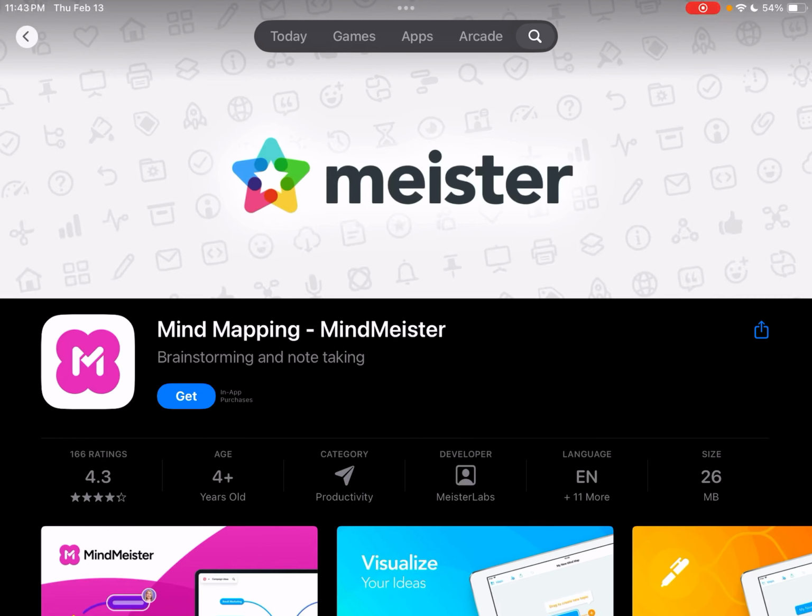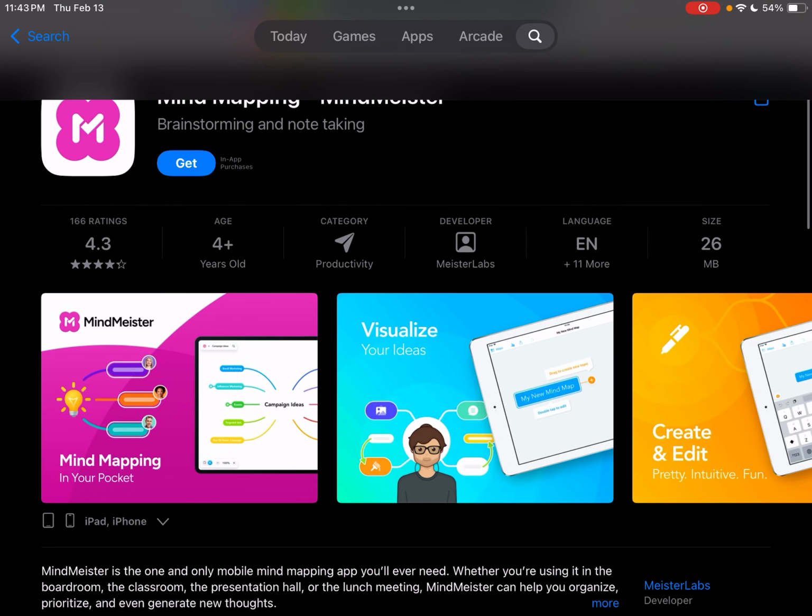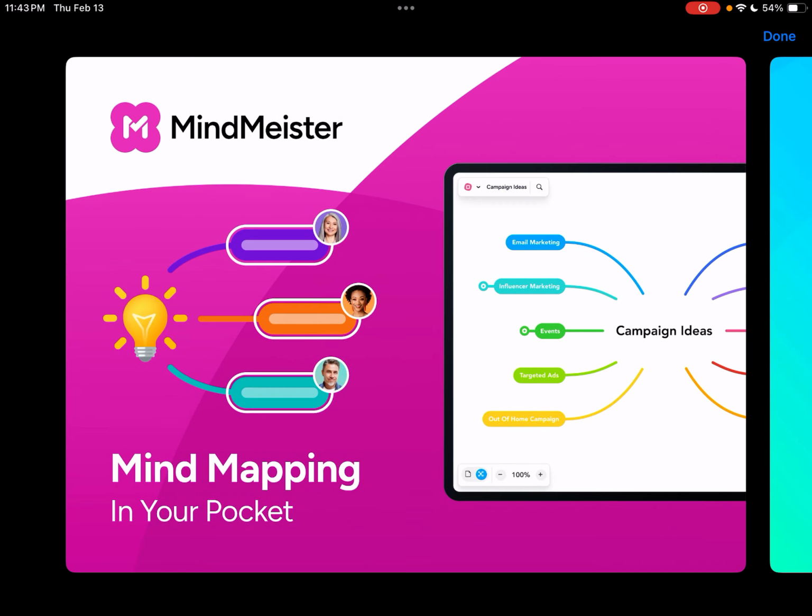Hey everyone, in this video, let's compare MindMeister with Xmind. In order to do so, here we are in the App Store for iOS. However, you can find this on Android as well. And if we take a look at MindMeister here, we'll just go ahead and do a preview of the different